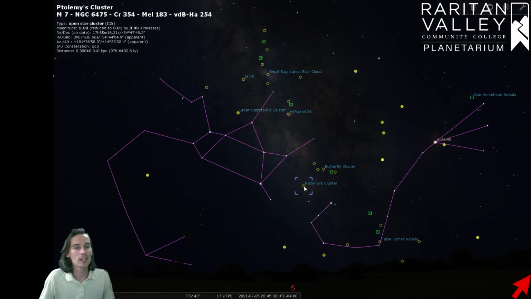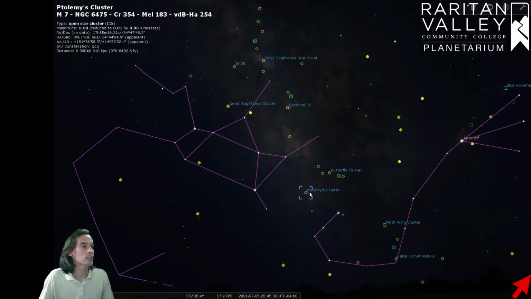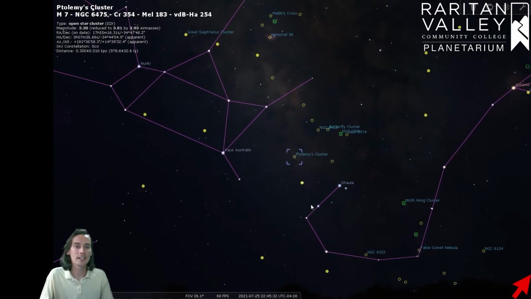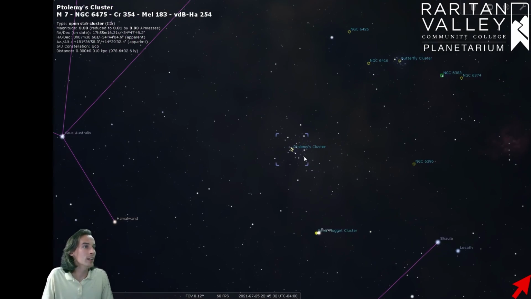Now, this one and the next object I'm going to show you are a little close to the horizon, so for us here in New Jersey, it might be a little hard to see if we don't have a completely clear view of the southern horizon. But they're still fairly easy to see if you have a pair of binoculars and you can see the southern horizon. Now, this first cluster, Ptolemy's cluster right here, if we center that and we zoom into it,